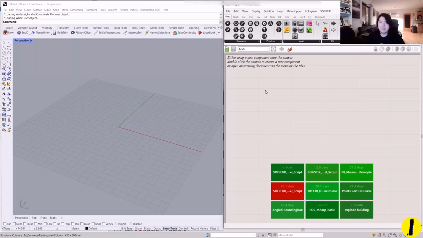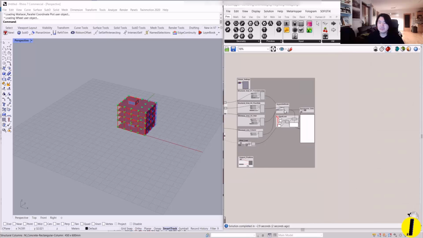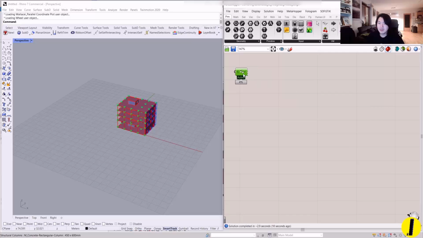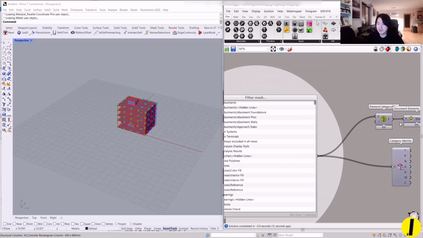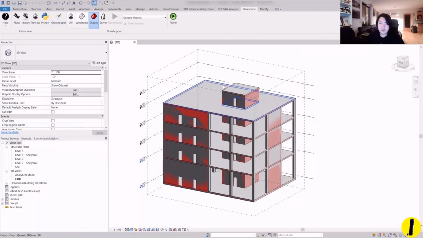Alright, so I'm going to open this example file I prepared, and it's not that complicated, so hopefully you can pick it up quickly. I put in this extra plugin so we can also see the component names. So first of all, in Revit,